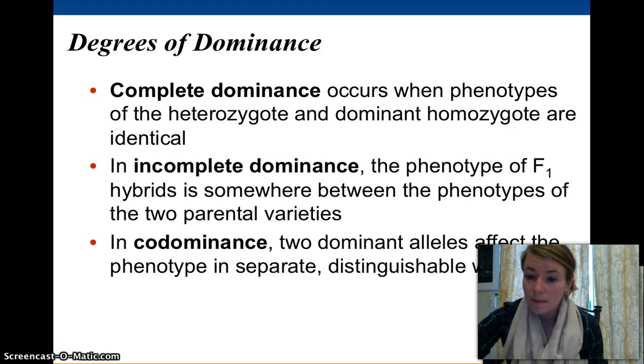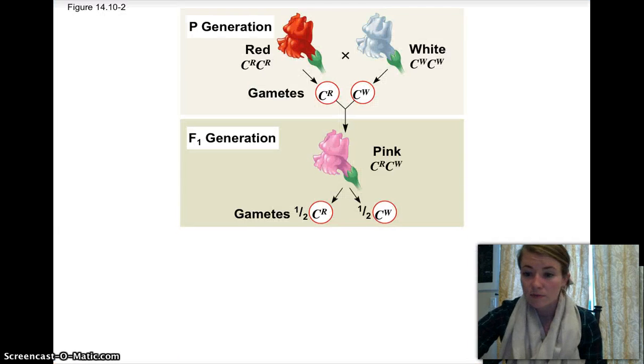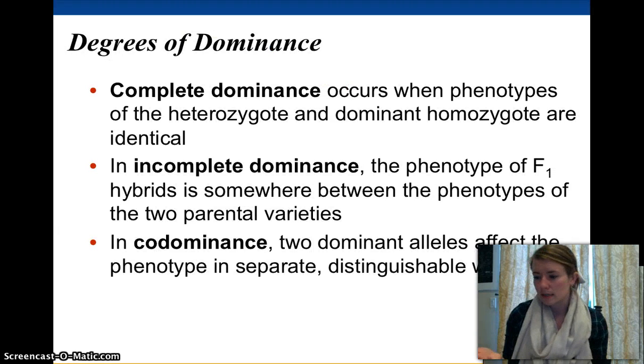And then there's codominance, which is where the 2 genes, they both show up. The 2 phenotypes are both there. So the 2 dominant alleles affect the phenotype in separate, distinguishable ways. So the slide doesn't give you an example for that one, so the example I'll give you is